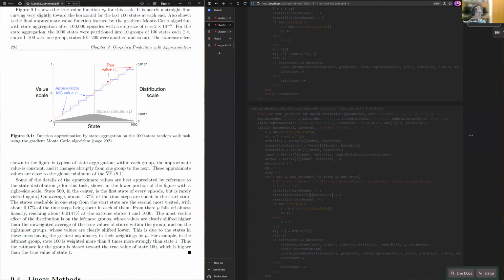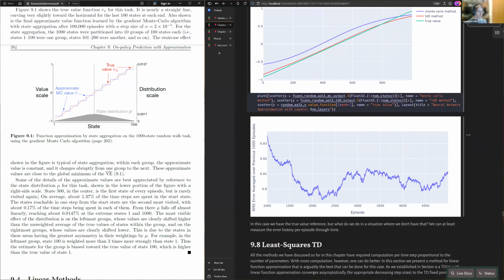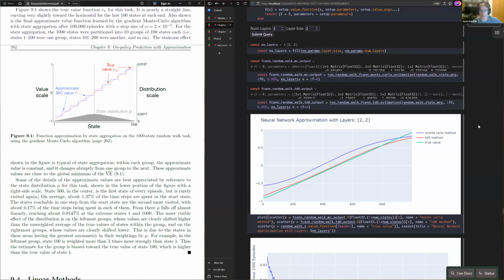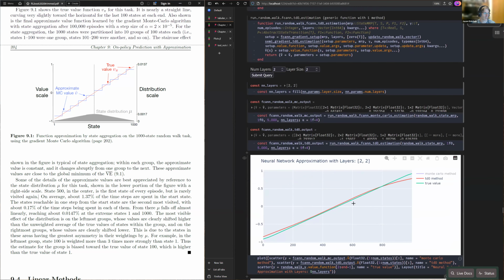And probably to get this technique to work really well, you would have to do some more elaborate parameter update to make the process more stable. You can see it's doing a decent enough job, especially I think the TD method. I mean, you could see the strength of this is it has a lot of approximation power. It can make whatever functional shape you want, but